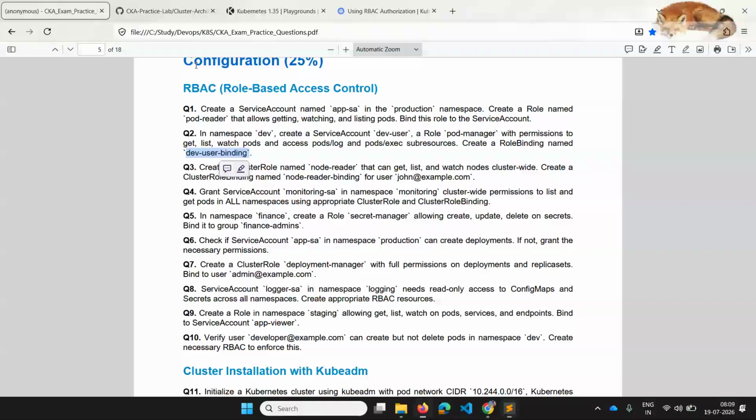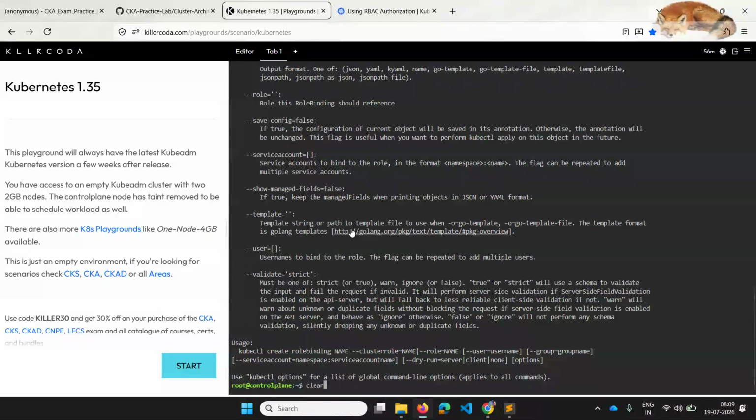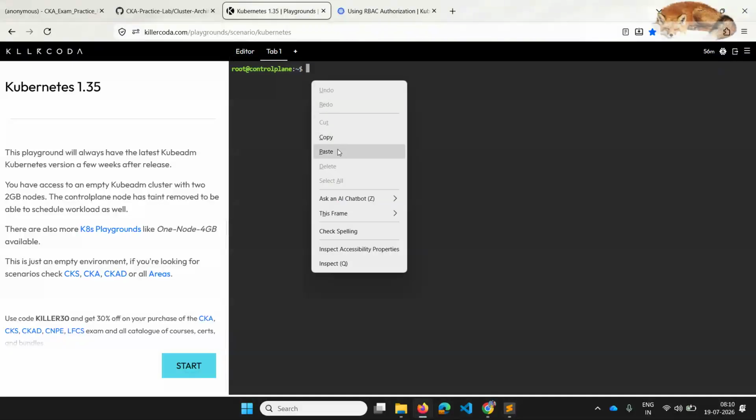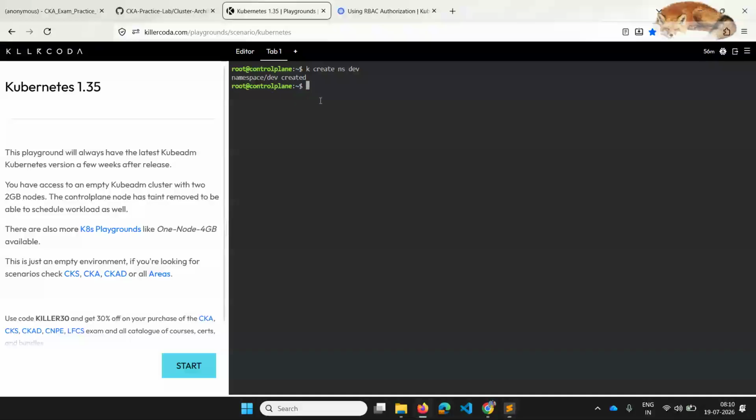So let's start on creation. I'll clear the screen and create a namespace first, and then we'll create a service account in that namespace as we have discussed.